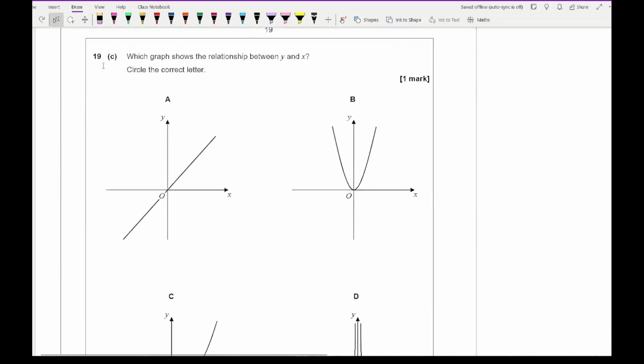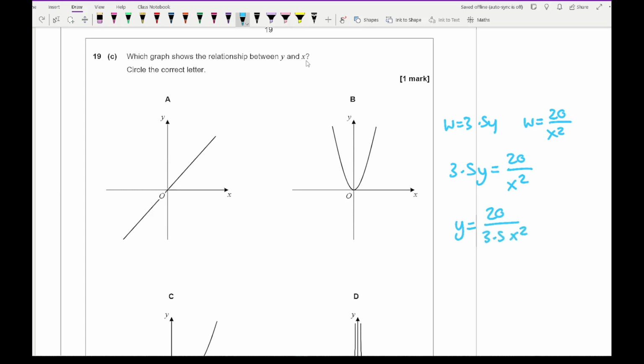Then looking at 19c, it says which graph shows the relationship between y and x. Now for this, what we need to do first is see the relationship. So I've got W equals 3.5y, and I know that W equals 20 over x squared. So if I make the two things equal to each other, because they're both equal to W, I've got this. Then making y the subject, I get y equals 20 over